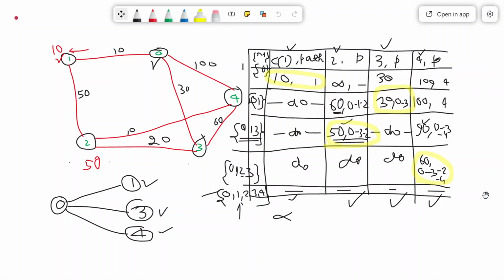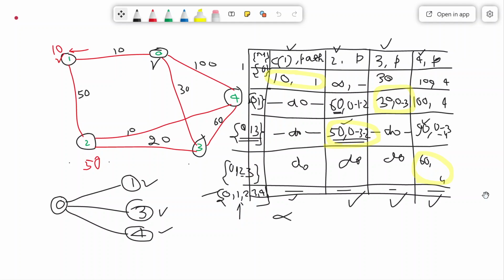One may ask, sir, how? In this example, I have stored that this is the final path to reach node 4: the path length is 60, and next hop is 4. So how to reach 4? Are we reaching 4 via node 3, or via node 2?